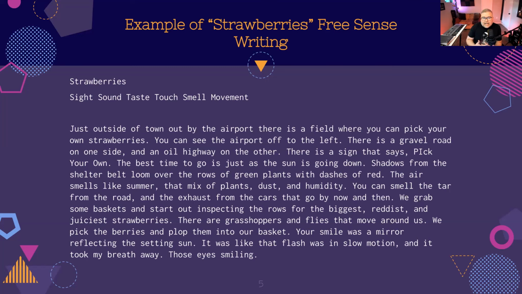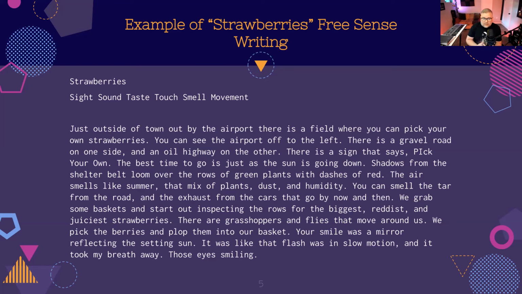So I used my senses to write about strawberries. I set a timer for about 5 minutes. And here is what I free wrote from my senses, not editing, just whatever comes to mind. I tried to touch on each of the senses: sight, sound, taste, touch, smell, and then movement from what's going on in the environment.